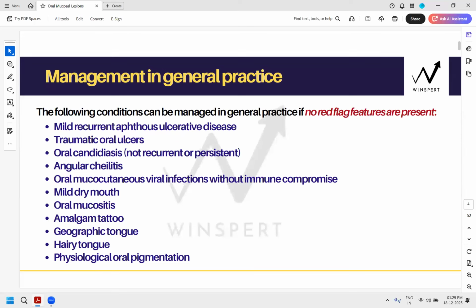But suppose the third option is not given, then sequence it, apply the rash, which is the second best option. Option B, absolutely correct. Asta, you got your answer. When the red flag is present with the traumatic ulcer and the combination of removing the source of trauma and referral is not given, then sequence it. Your second best option is to immediately refer and not treat the trauma because of the red flag. Okay, everybody got it? And only in the absence of red flag will you treat the traumatic ulcers in your clinic.